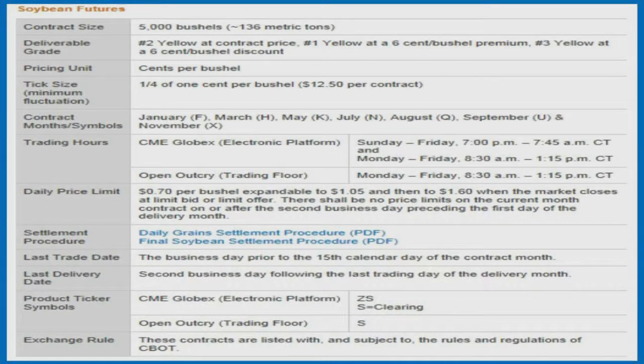When you look at soybean futures, they are limited in terms of how much they can go up or down in one day. Most of the commodities have these limits. In the case of soybeans, 70 cents per bushel is the limit. So if futures prices start to move up in a day, once it hits 70 cents, the market is shut down for the day. Likewise, if soybean futures prices start to move down in a day and hit 70 cents, the market will be shut down once it hits that level.